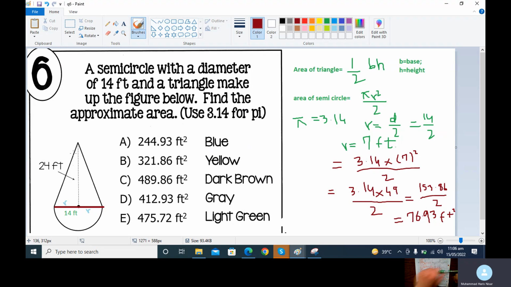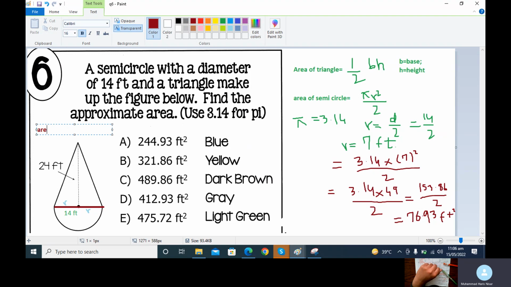Now we need to find the area of the triangle. So for the area of the triangle, we need to put the formula for the area of a triangle. Let me write it here. Area of triangle is equal to